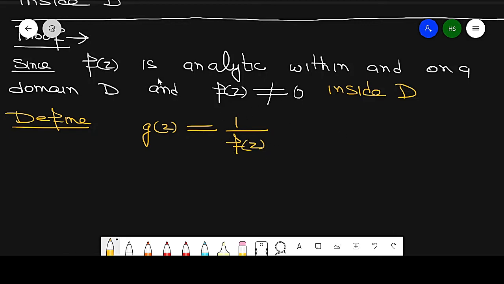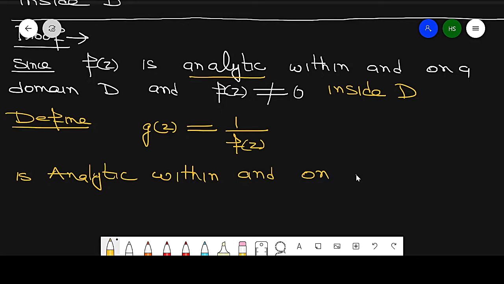Since f is analytic, its reciprocal is also analytic. So g of z is analytic within and on domain D. Then by the maximum modulus principle,